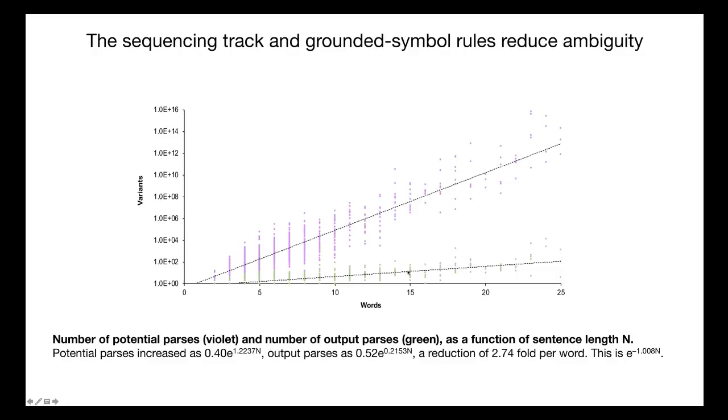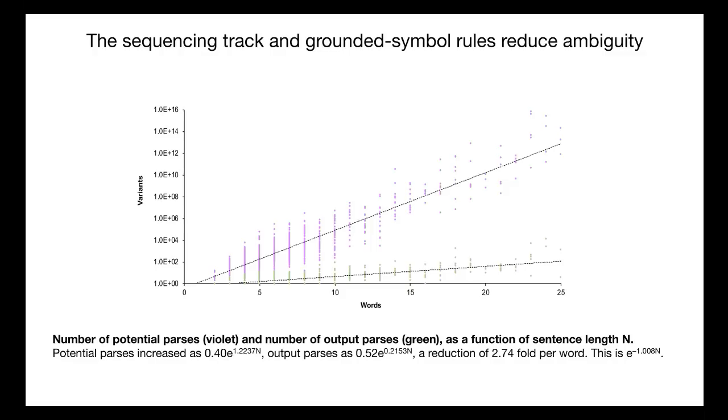This ratio here turns out to be a reduction of 2.74-fold per word. So threefold. But that 3, if you start raising it to the 15th power, gets to be a big number. Then as I stared at that, I was thinking, oh, 2.74, that number looks kind of familiar. And then I realized that this reduction here is 1 over e to the 1.008. In other words, it's 1 over e. And so the interpretation of that, there's a kind of like a target theory interpretation of that in statistics. If you're trying to hit a target with radiation or something.